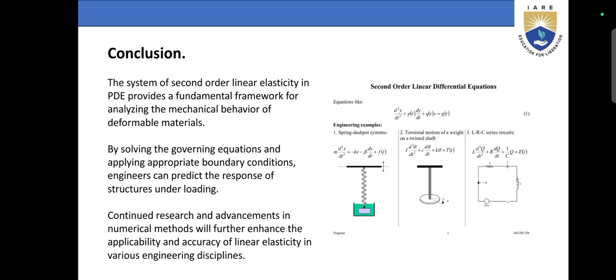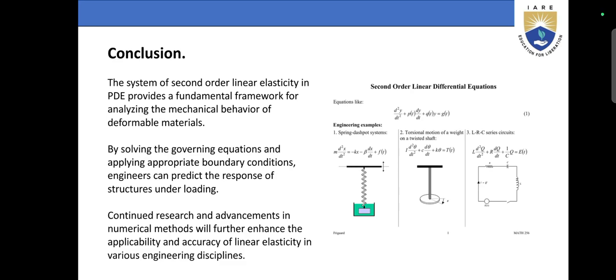Next, the last one is the conclusion. The system of second order linear elasticity PDEs provides a fundamental framework for analyzing the mechanical behavior of deformable materials. Second order linear differential equations appear in engineering examples like spring-dashpot systems, torsional motion of a weight on a twisted shaft, and LRC series circuits. We know that by solving the governing equations and applying appropriate boundary conditions,